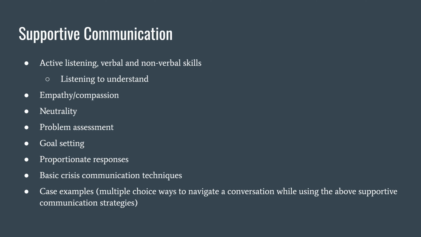We'll be talking a lot more about proportionate responses. So this has to do with problem assessment. And as you're gathering information in your conversations and as you're building understanding, you're going to be assessing what all is going on. And then that's going to help make sure that you provide proportionate responses. So this would mean if there are indicators for a substance abuse problem or for suicidal ideation, that you're recognizing these things and then responding appropriately and proportionally.